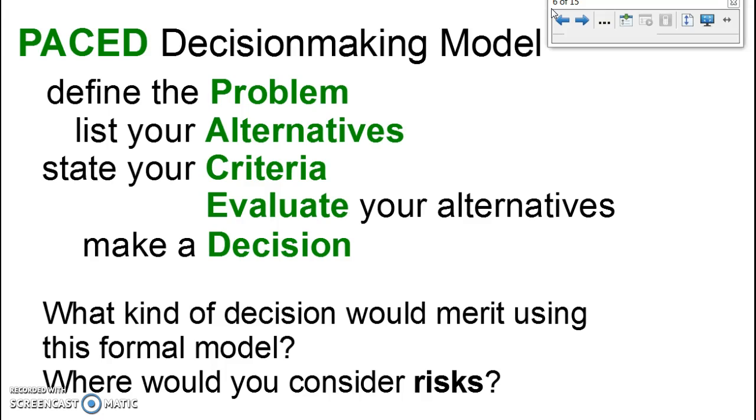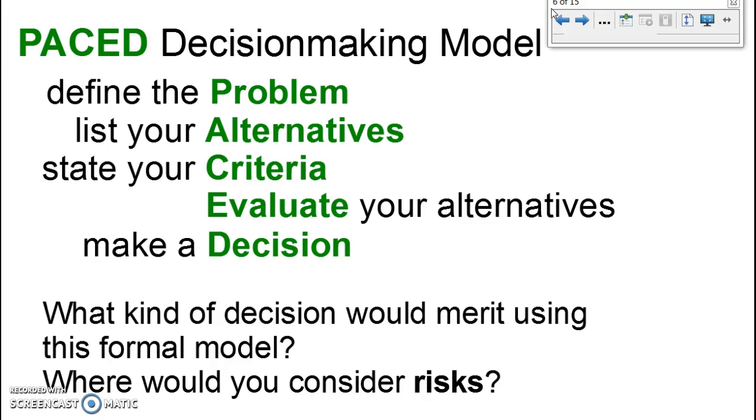The PACED decision-making model means that when you're going to make a decision, for example, about how to spend your money, or whether to go to college, or whether to take a job, you want to make sure that you define the problem first. Think about all the alternatives, all the possible solutions or routes that you could take. State your criteria. For example, if you're deciding whether to buy a car or not, your criteria might involve things,